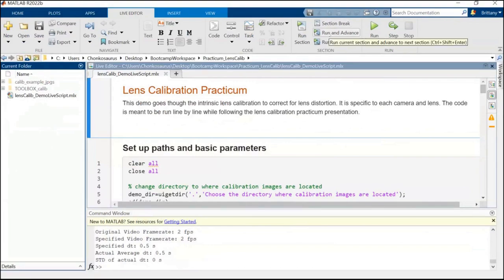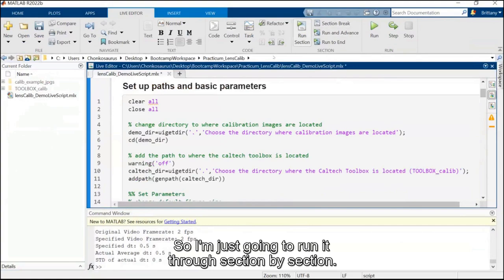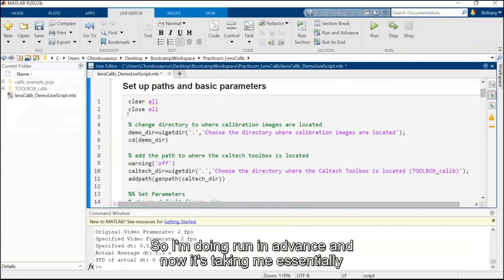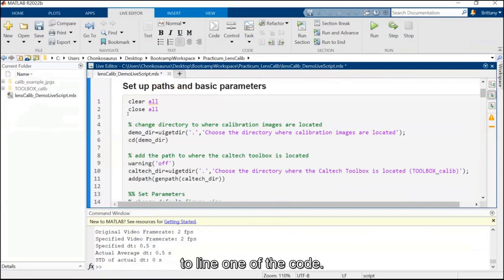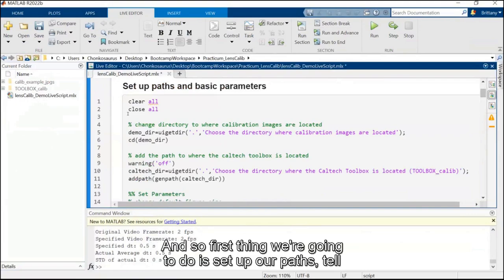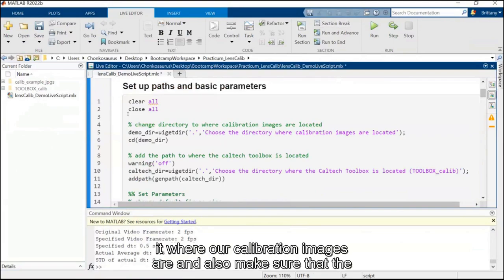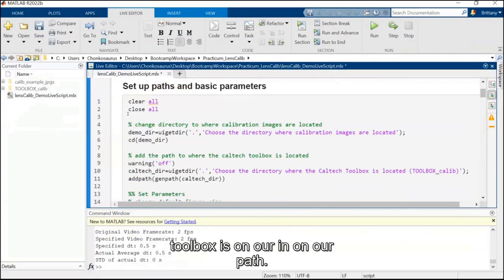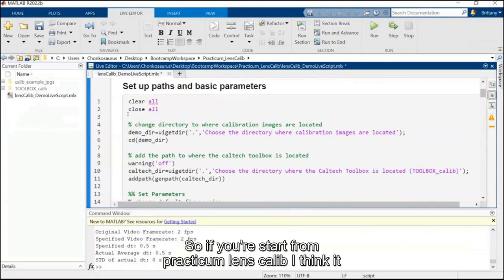So I'm just going to run it through section by section. I'm doing run in advance, and now it's taking me essentially to line 1 of the code. The first thing we're going to do is set up our paths, tell it where our calibration images are, and also make sure that the toolbox is on our path. So if you start from practicum lens calib